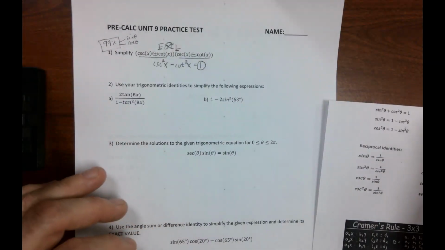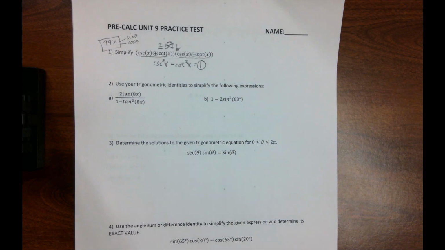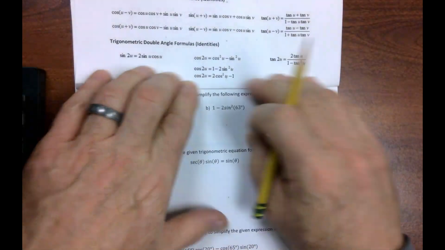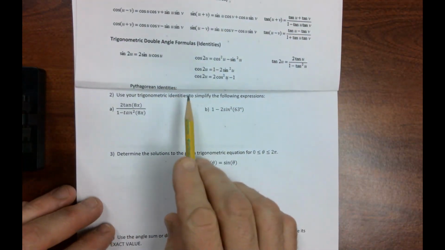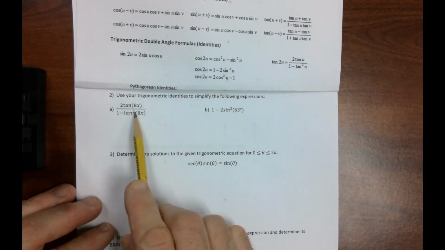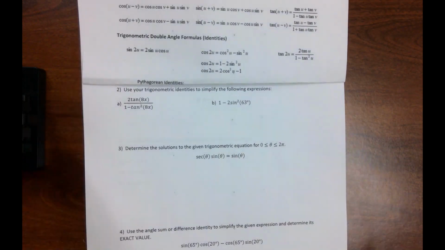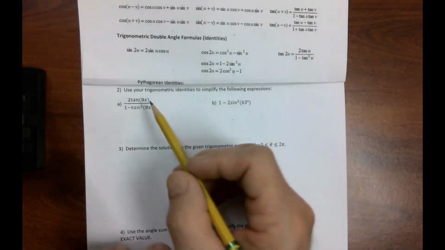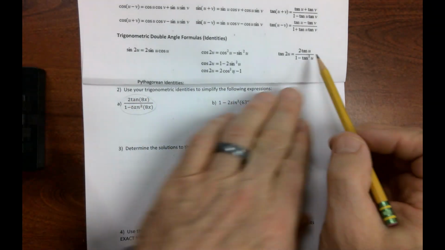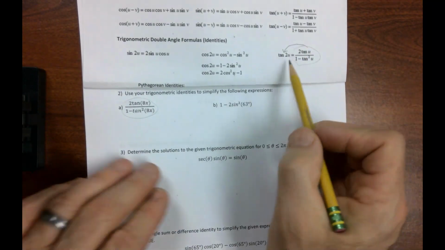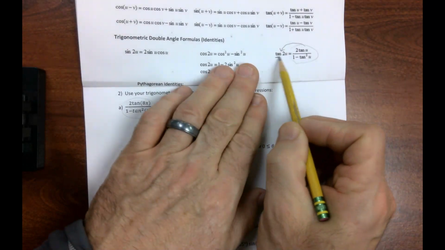So, next problem. This comes from your trigonometric identities, but it doesn't tell you which ones to look for. Now, yes, there's an advantage to working with these a lot, because I can see that these are going to come from the double angle identities. So I look at this, and it definitely reflects this. So you have to understand that this problem is simply telling you, take this, match it with this, which it does, and move that way. So first of all, this is going to simplify to another tangent,